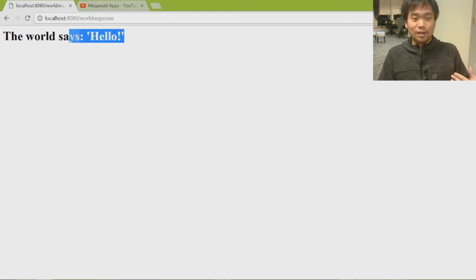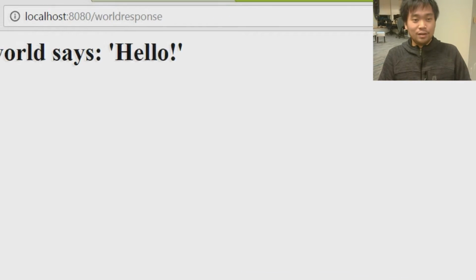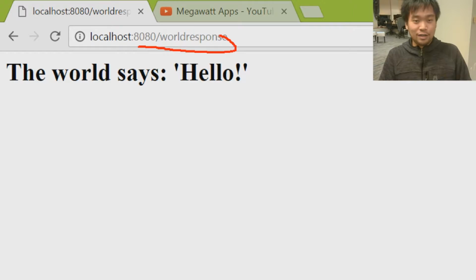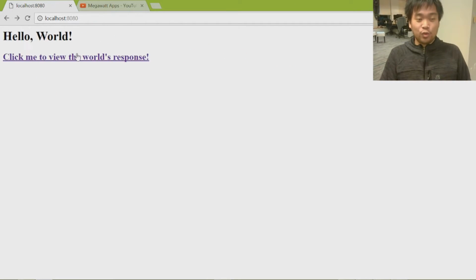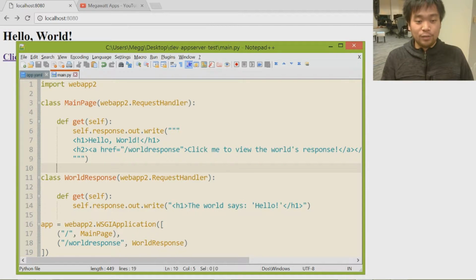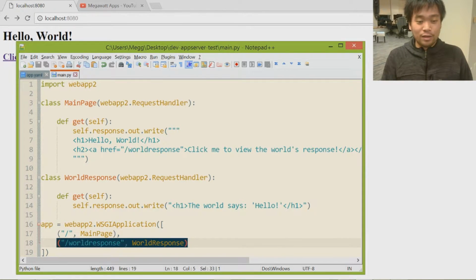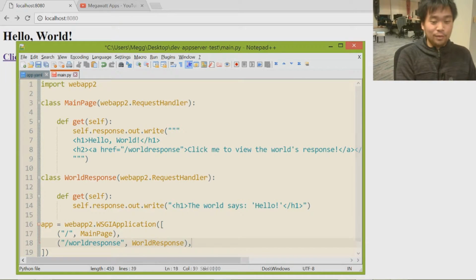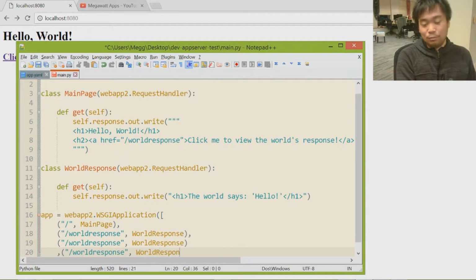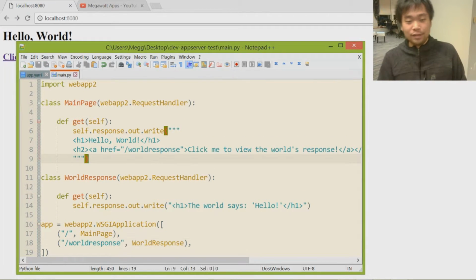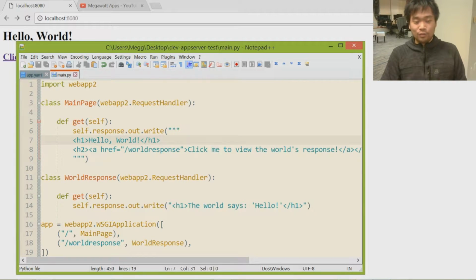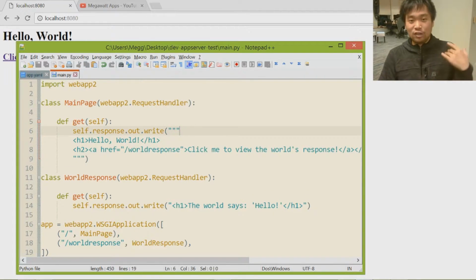If we click on it, presto, we have this new page that we just created from scratch. And that is how you create new pages on your Google Cloud web server. You can add as many pages as you want. If you want to add another page, simply do this, and then this again. You just keep repeating it until you have as many pages as you need. In the next tutorial, we are going to discover how to write HTML better,